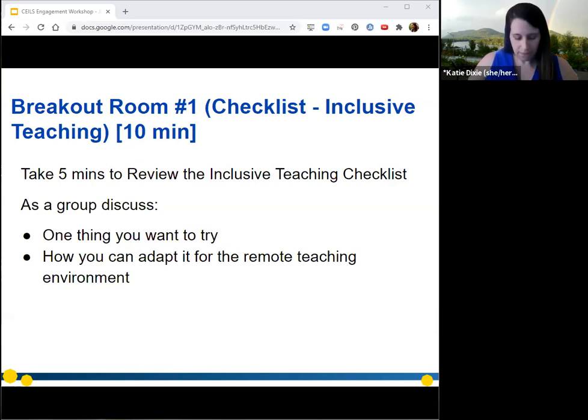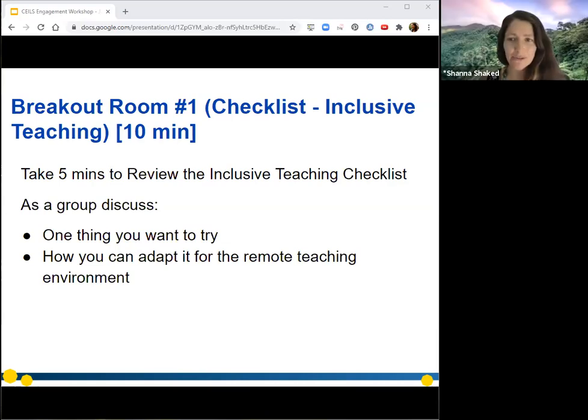We're going to give you 5 minutes to look over that. There's a lot of text in there, but we want you to look through, and then we will be going into our breakout rooms to discuss with our groups how you can adapt it for a remote environment. So with that, we'll take our 5 minutes now, and then we'll go into the breakout rooms after that. Any questions on what to do? You can just speak and ask, or ask in the chat.